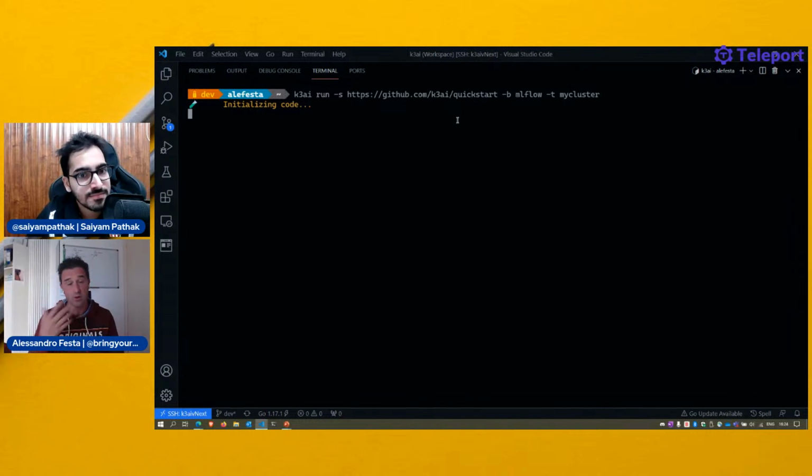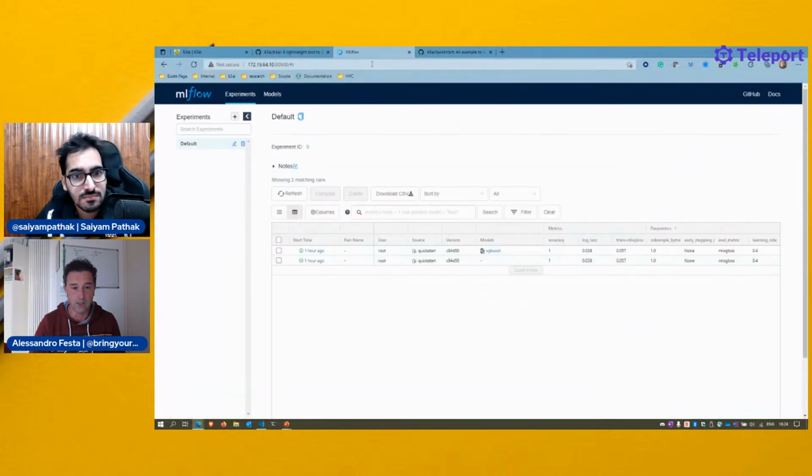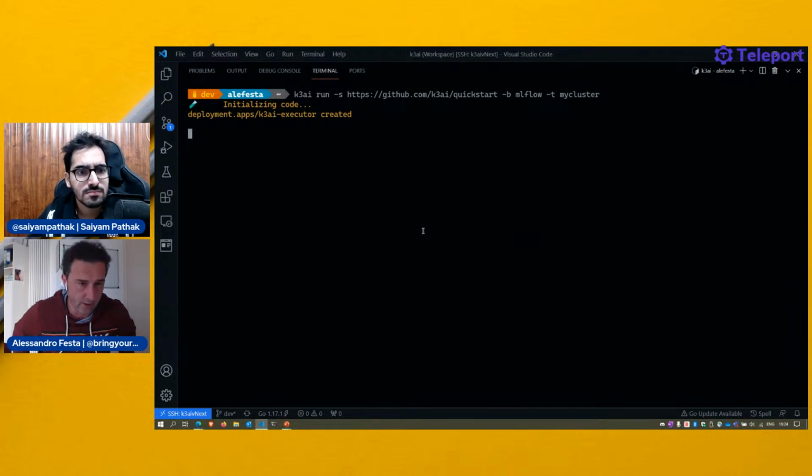If everything goes right, I should have nice new results here in MLflow. So if everything goes in the right direction, I should see a 1 at some point, because eventually something will happen on top. While it's doing this, you see that there's a deployment in the middle, something called K2r Executor.